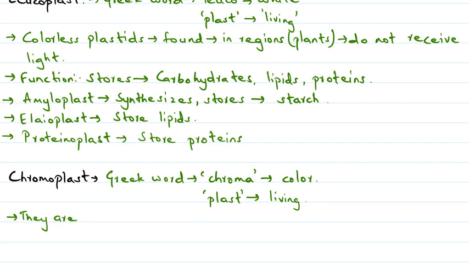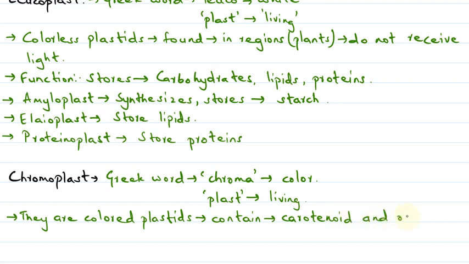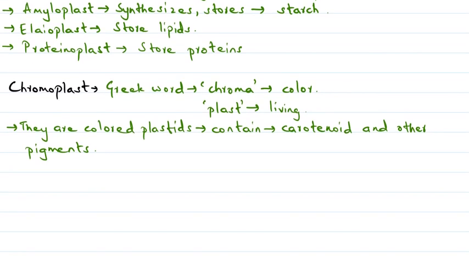They are colored plastids which contain the pigment called carotenoid. Okay, and they also have different other pigments, hence they are colored plastids. The chromoplasts are responsible for imparting color. So they impart